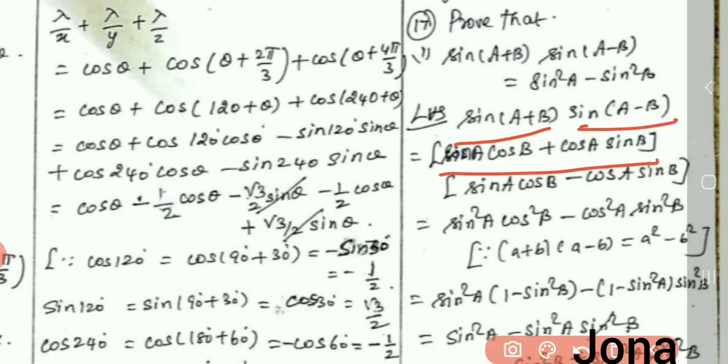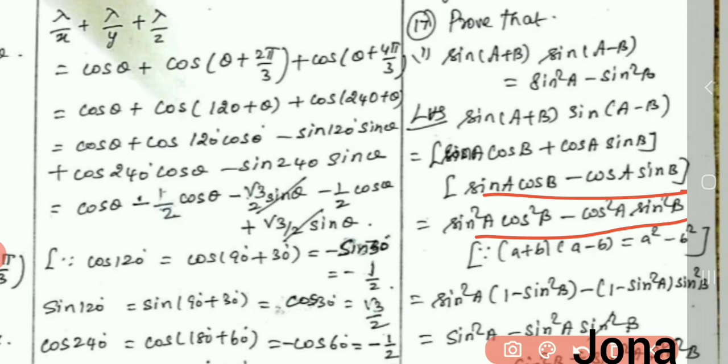The formula for sin of a minus b is sin a cos b minus cos a sin b. So here I can take this as a plus b into a minus b, so that can be written as a square minus b square. Here I can write this as sin square a cos square b minus cos square